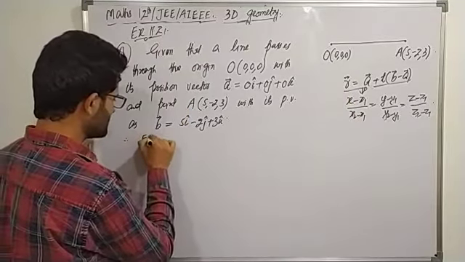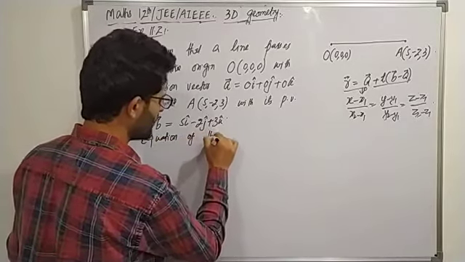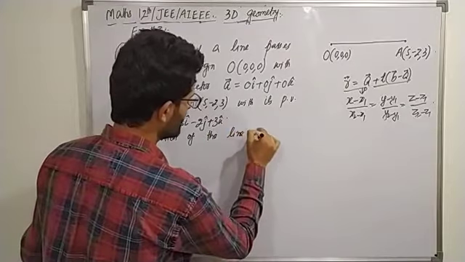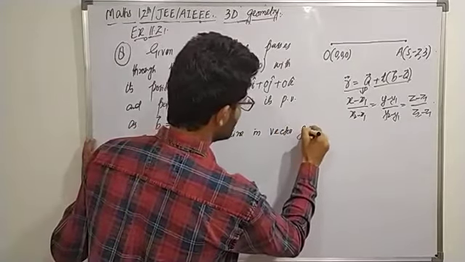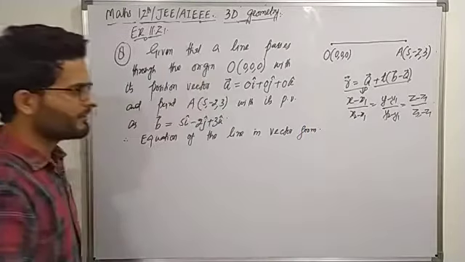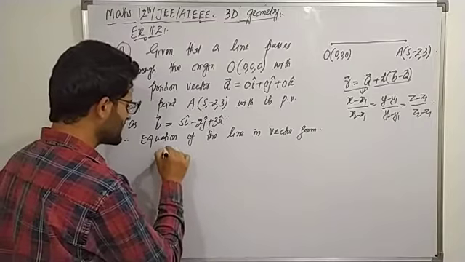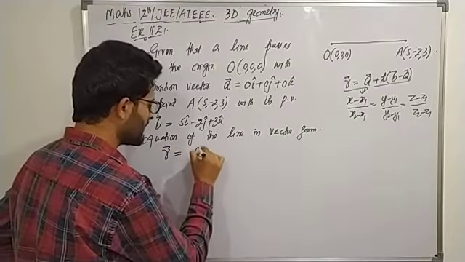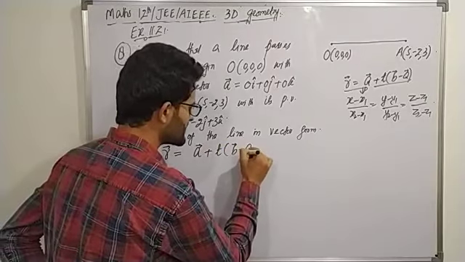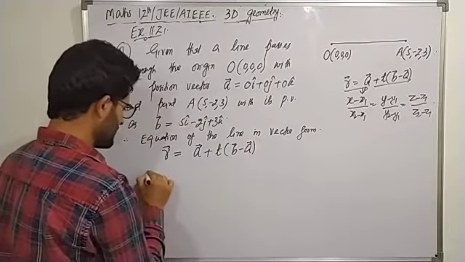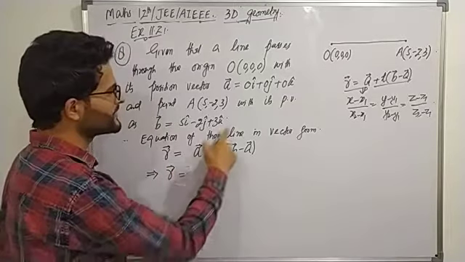Therefore, equation of the line in vector form is, so what will be the equation of this line in vector form? Yes, r vector is equal to a vector plus t times b vector minus a vector, which further implies r vector is equal to, put the value of a vector, that's 0i